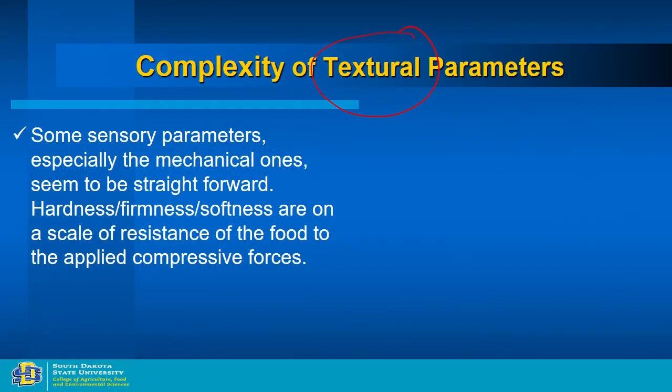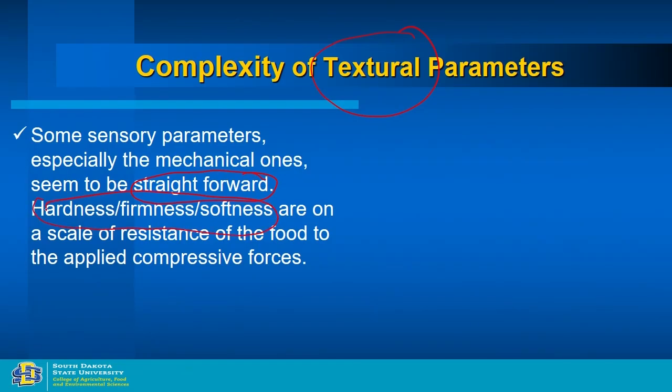As we started our discussion back on Monday, the texture is a very complex parameter. Even with the instrument measurement, it can be complex, because when you do too many tests, it may complicate things. At the same time, sensory properties may seem straightforward, but they involve more complexity. It's not as straightforward. The only thing straightforward I can think of is hardness,